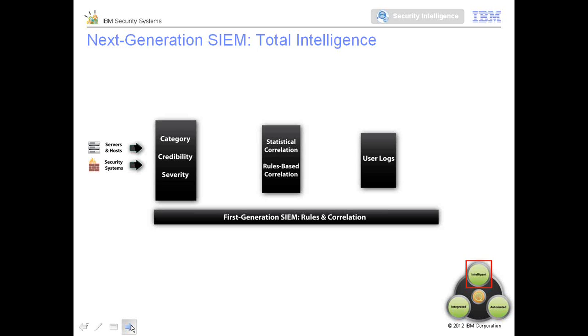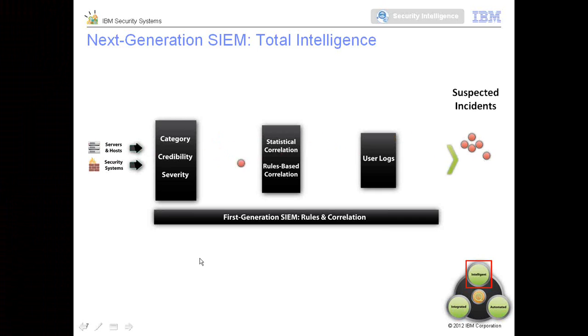So the first generation SIEM typically had only server hosts and security systems logging into that particular software. It's sending the logs, sending events to the SIEM. The SIEM then did a statistical or rules-based correlation, and that's it. And we had stopped it at just that. So how does